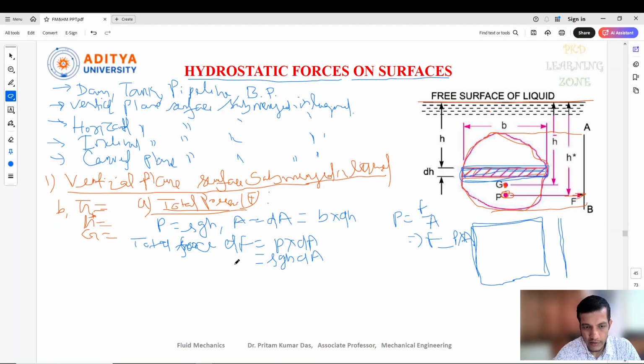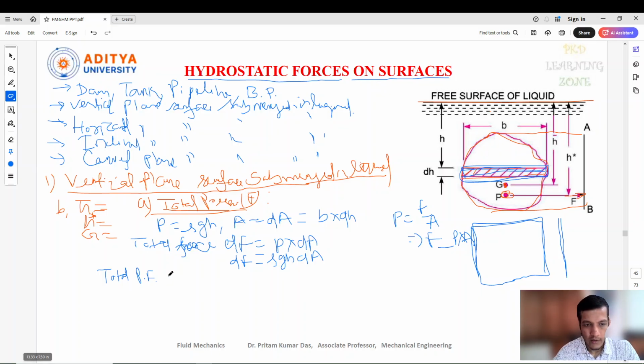This is the total force on the small strip. Now if you want to calculate the total pressure force on the whole surface, the total surface,